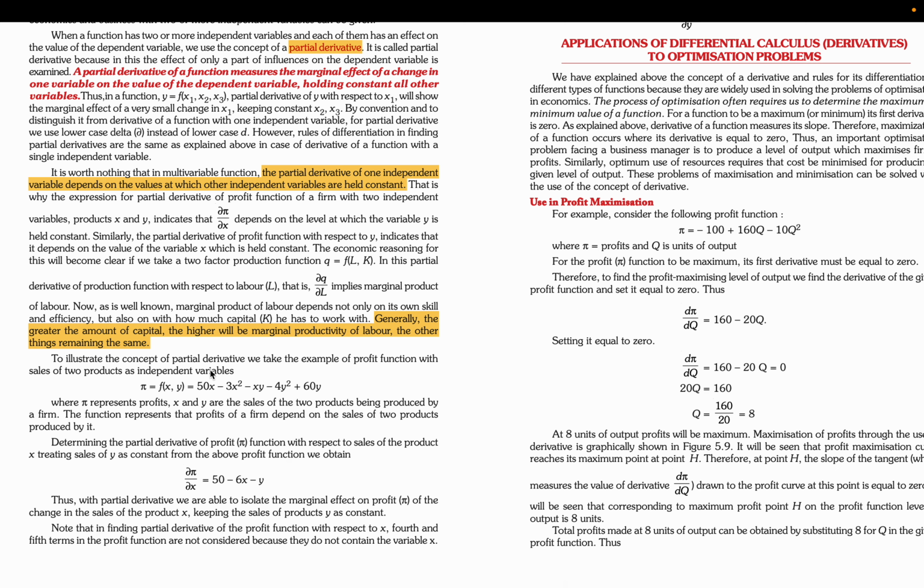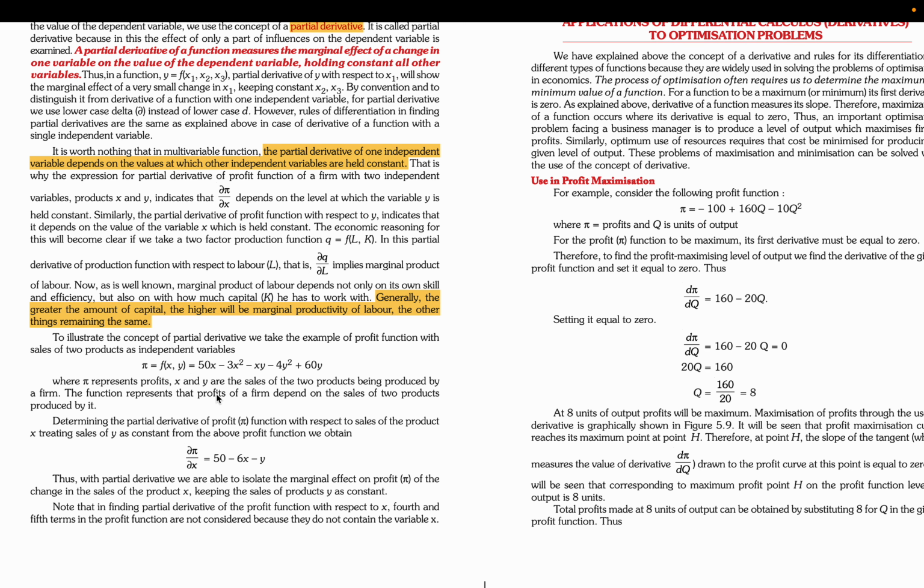To illustrate the concept of partial derivative, we take the example of a profit function with the sales of two products as independent variables. Let's say this is the profit function, where pi is the profit, and x and y are the sales of two products being produced by the firm. The function represents how the profits of a firm depend on the sales of the two products it produces. Determining the partial derivative of the profit function pi with respect to the sales of product x, treating the sales of y as constant, from the above function, we obtain